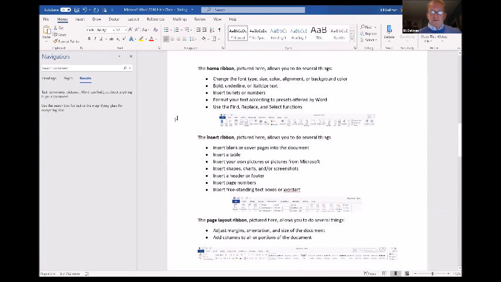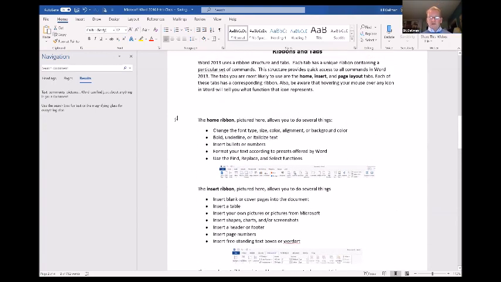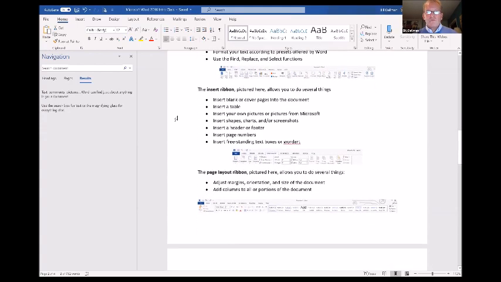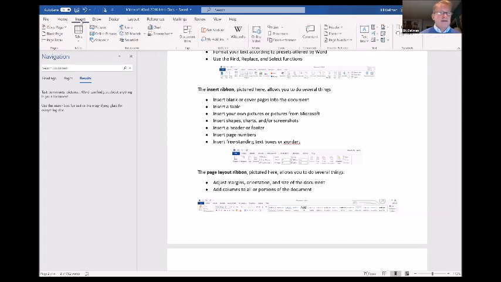All right, so now we did find, replace. Let's get into the insert ribbon. So insert, you can do many things with insert. To get to the insert tab, you click on the insert tab, and then all the various commands that you find. Now the first one, it says insert a blank or a cover page. So if we're here and we say insert cover page,